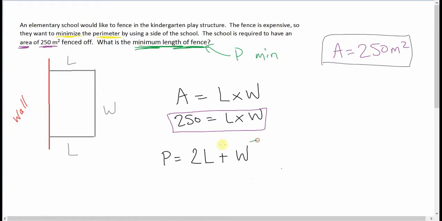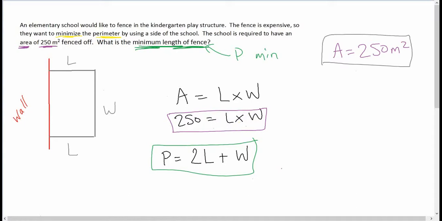What's the value for the perimeter? Well, we don't really know that yet. We're trying to figure that out. There's a few different ways we can do this. We could just figure out some different choices, do a guess and check strategy until we find the best one. So let's start with that. So let's guess a length and figure out a width. If we're going to do that, we'll need an equation. If we're going to guess the length and figure out the width,